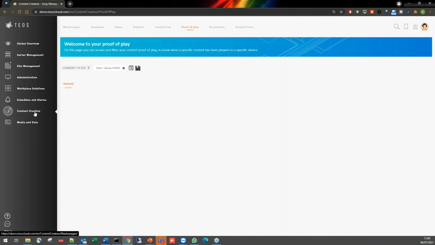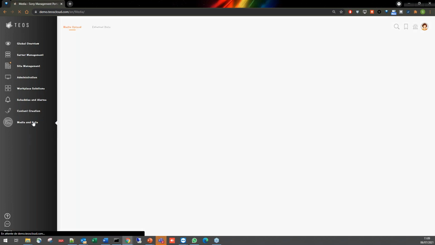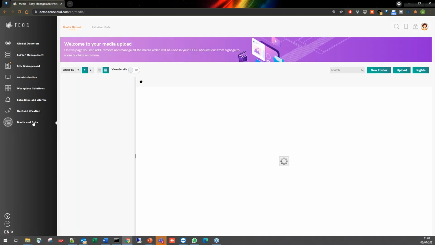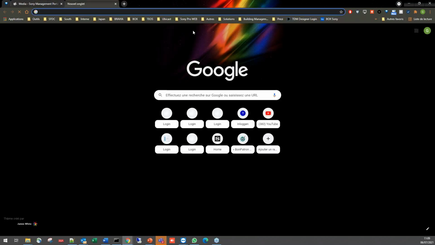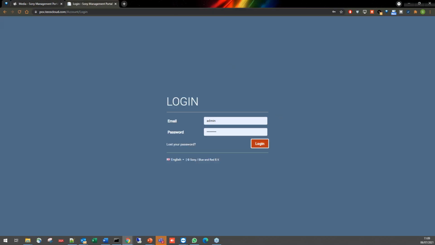Going now into one of the most important part, of course, for the content, the signage content, is starting by our media upload part. We did a very big review on this part in order to bring a new folder management, a new way of seeing what content we have. So I can, of course, show you quickly what is the difference compared to our previous platform, also for you to see all the step up that has been done on that aspect.